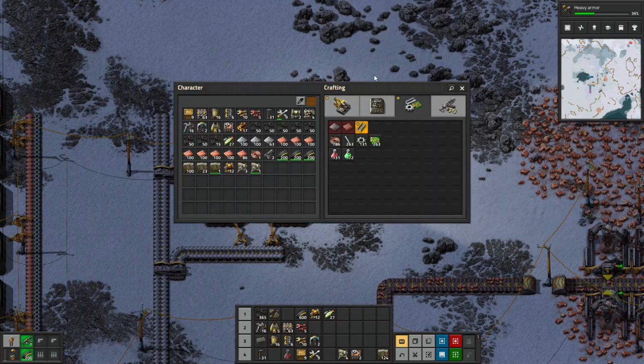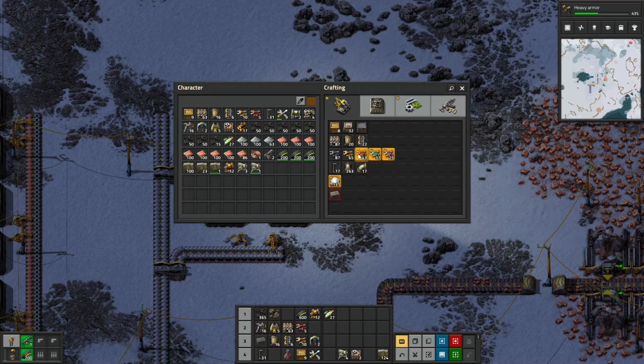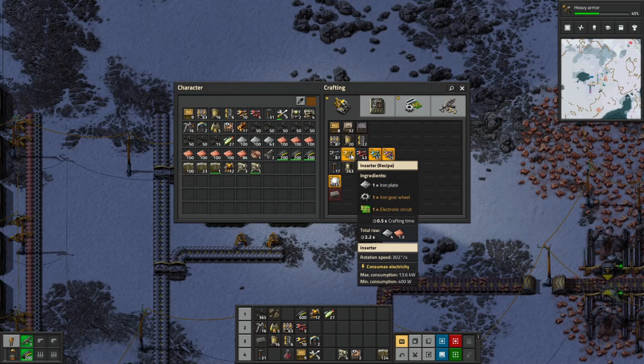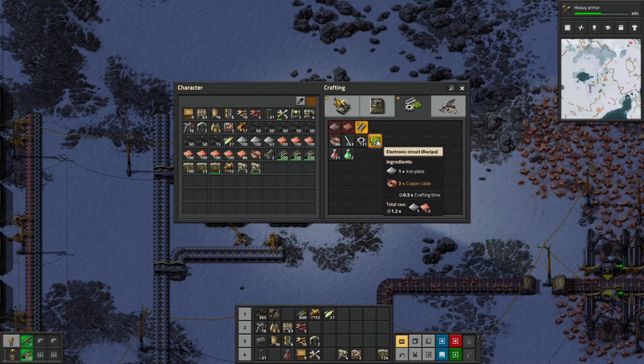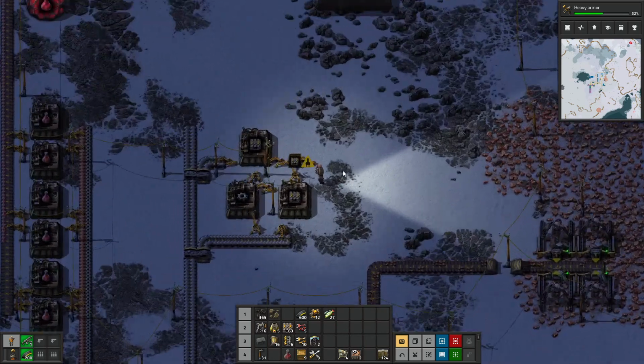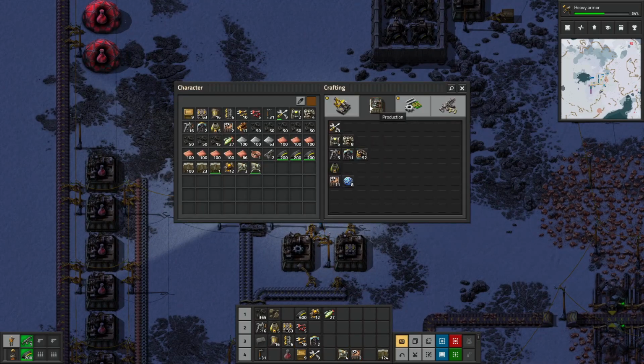Right, now we need to get ourselves yellow inserter, and yellow inserter is going to be iron gear wheels and iron plates and electronic circuits. And I've got a build for electronic circuits, but I don't want to do it just yet. So 1, 1 and 1. So what are our circuits? Iron plates and copper cables. Iron plates and copper cables. Okay, so let's get ourselves a few more of these